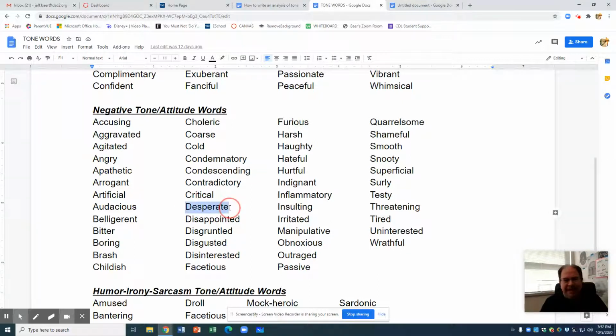We don't see him being desperate. There's not a sense of desperation. I mean, he's in control, right? He smashes the roach and then he kind of talks smack about it for the rest of the poem. So it's not really desperate either. So there's a couple that might